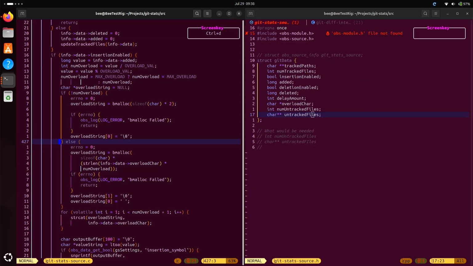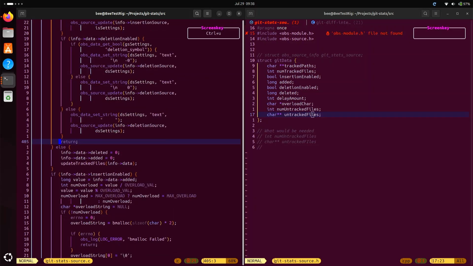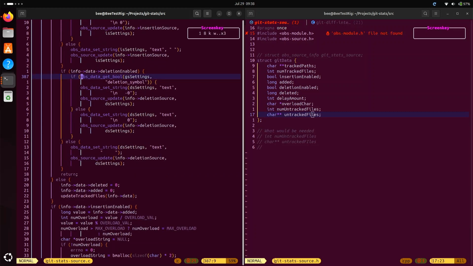Update the tracked files. But this shouldn't be that. This should be deletion symbol. This should be